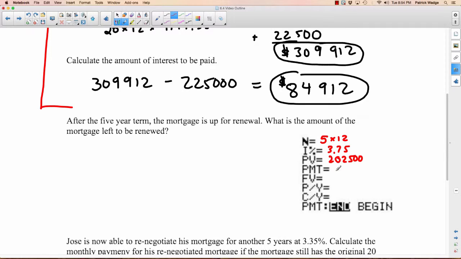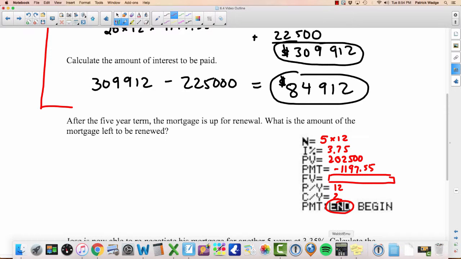But remember, it's actually negative, negative $1,197.55. Future value, that's what we're figuring out this time, right? We're not paying the whole thing off. We want to know how much is left after the 5 years. Payments per year, still 12. Compounding per year, still 2. And it's still going to be the end. So we don't have too many to change in the actual